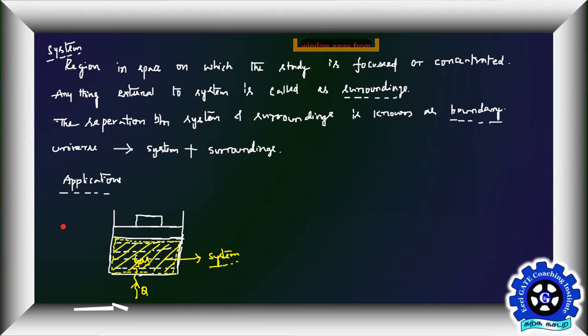So why I'm telling you all these different situations is that a problem can be any of these three. You should be careful when reading the question. What is your focus or what is your system in the given problem? It's not that you take generally the gas, or generally the piston. Problems can be of different varieties depending on the situation. Sometimes it can be a gas, sometimes a piston alone, sometimes piston plus gas.